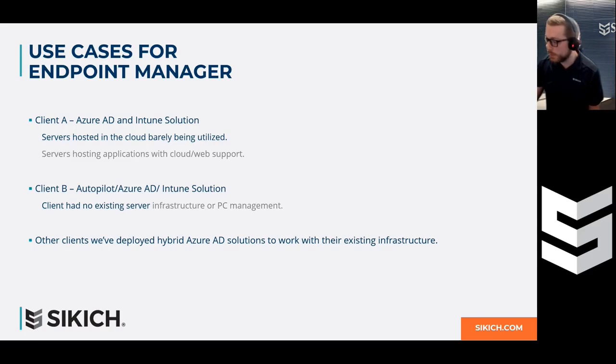So what we did was we set them up with standard Intune policies to enforce security standards and identity protection. We configured all of their apps that they were using to be deployed via Intune and Autopilot. So now anytime that they hire a new user, we register the device in Autopilot. We can ship it directly to the user. They sign in, and within a few hours, they have all of the applications that they need, and they're able